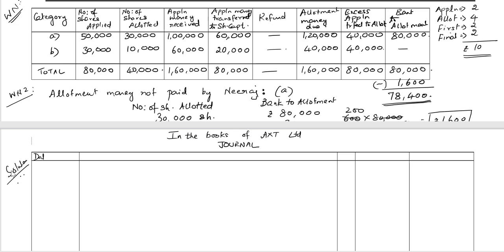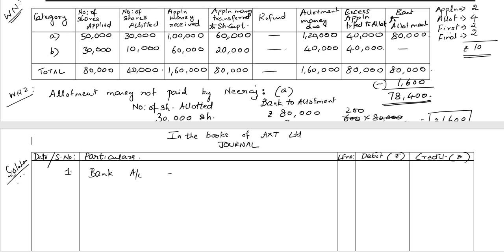We have date/serial number, particulars, LF number, debit rupees and credit rupees. The first journal entry for application money received: